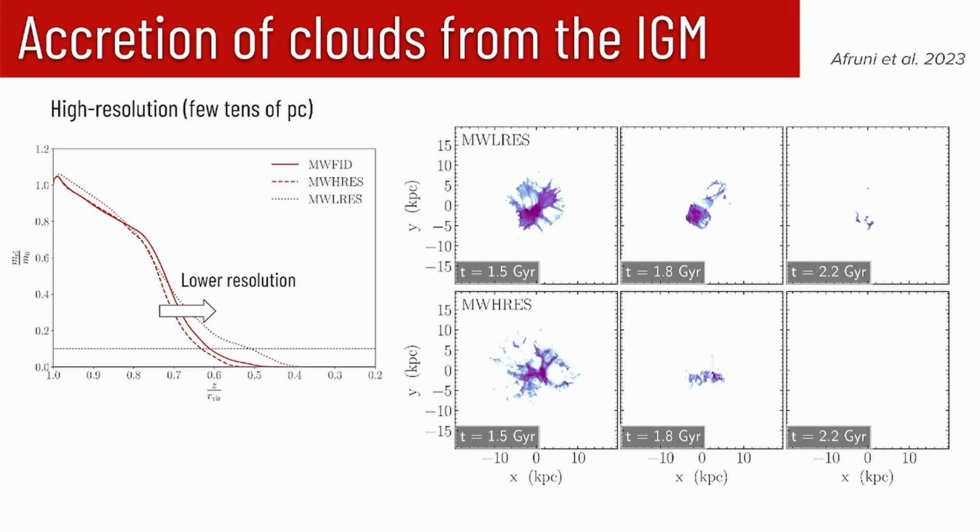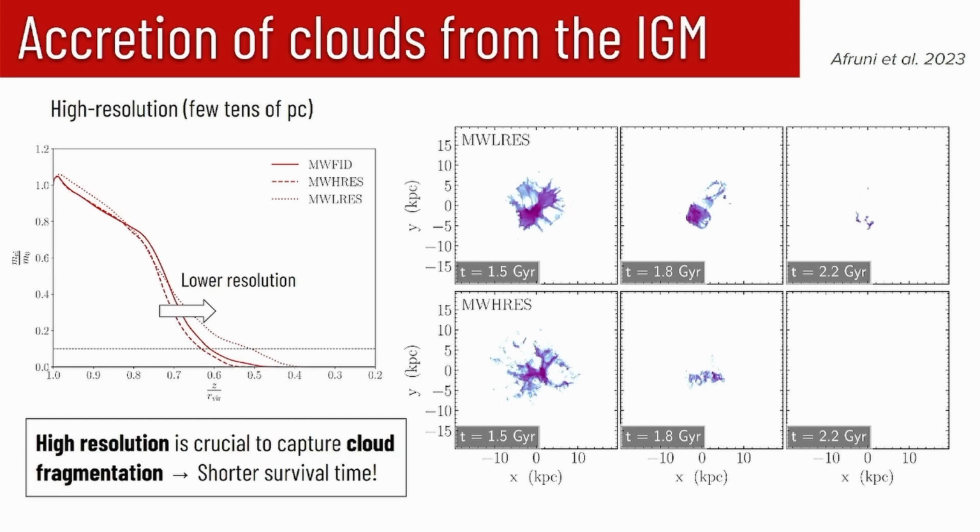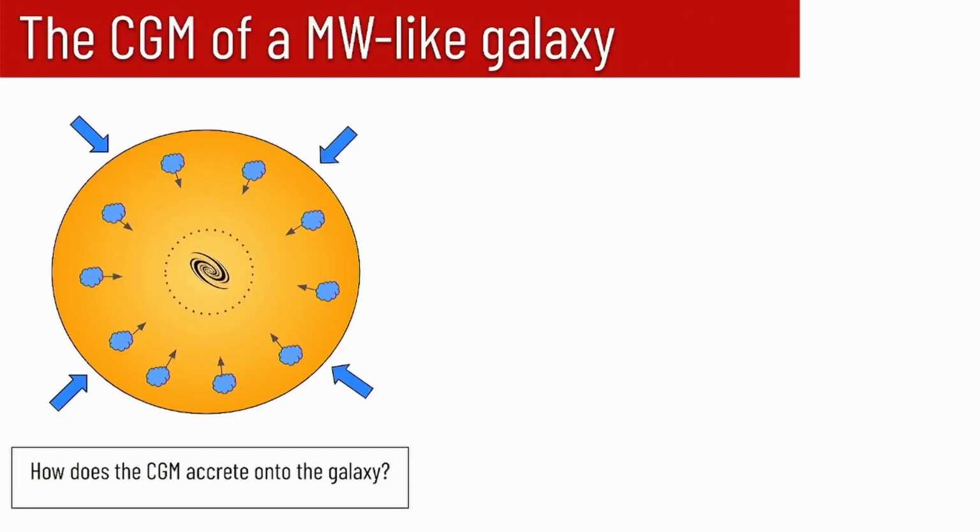So the lower the resolution, the more you're artificially increasing the survival time of this medium. And so we need to be careful when we look at the survival time of cool gas in zoom-in simulations, for example. So the resolution is important. And to conclude this part, I would just want to put a general picture of what we find from the